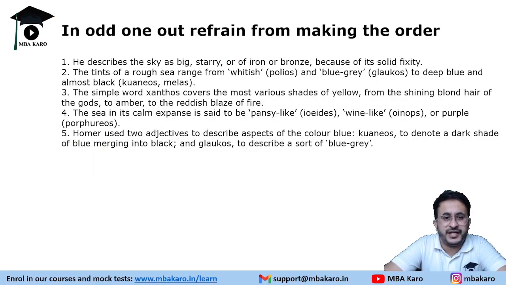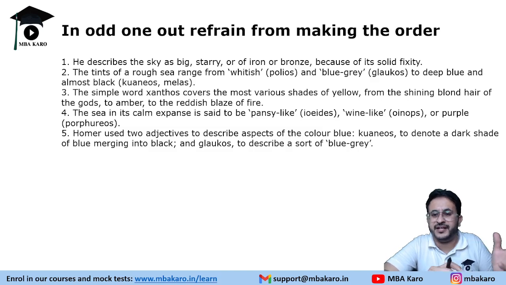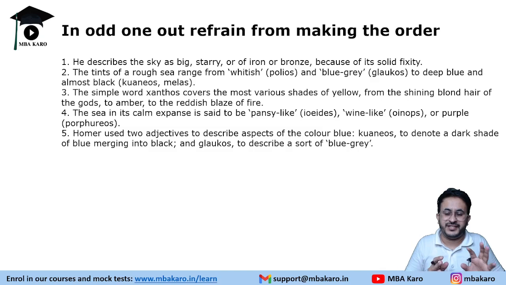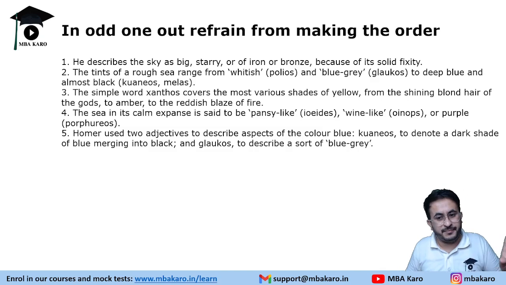Then the next question type is odd one out. In odd one out, there are four sentences which are arranged in one particular order, and they can make a meaningful paragraph. One is the odd one out. Now we generally think that they are part of one paragraph and one is an outlier.